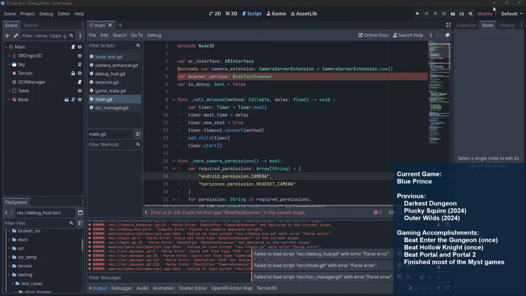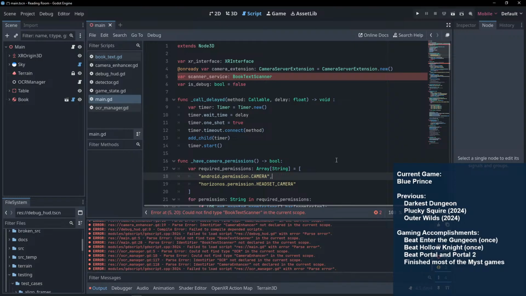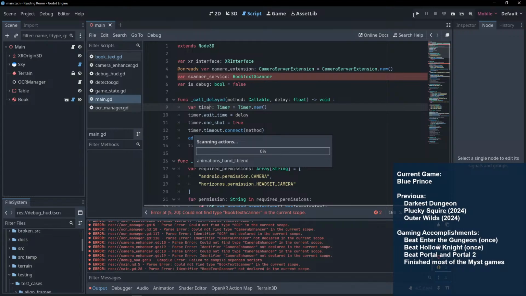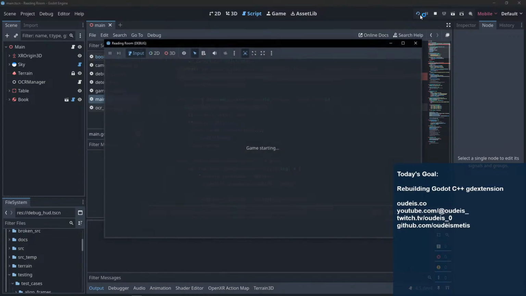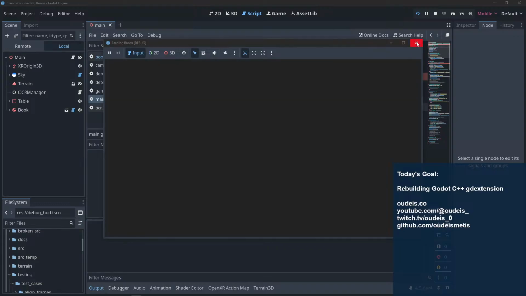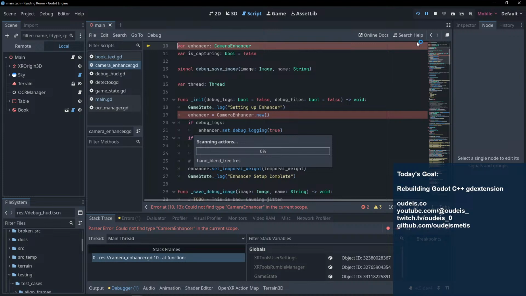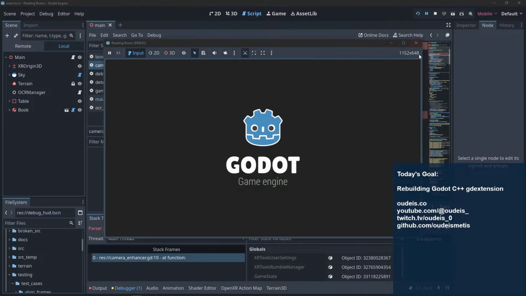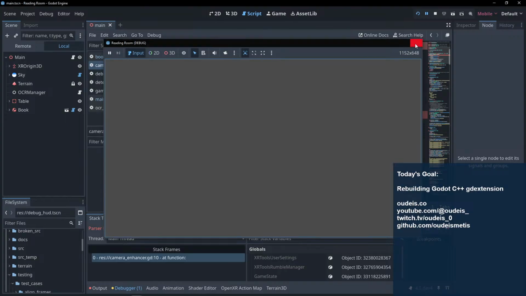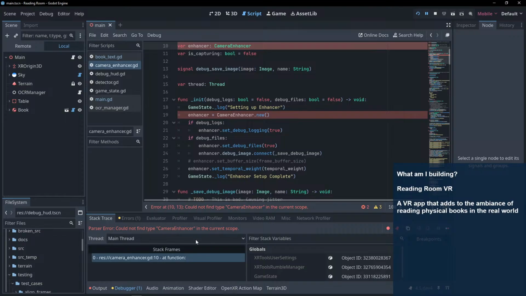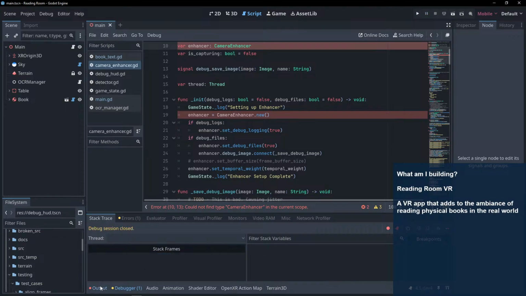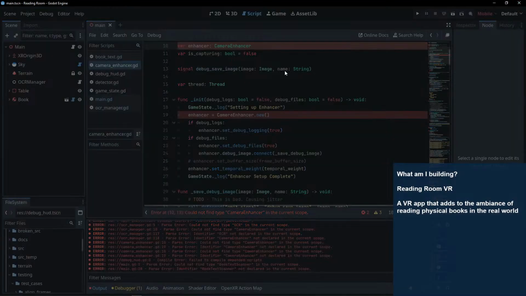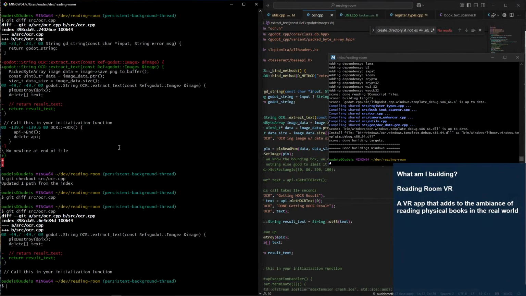No, still not happy. Well, this is interesting. Running it maybe helps, because it's saying camera enhancer. That maybe gives me a clue. All right, but that's fine.